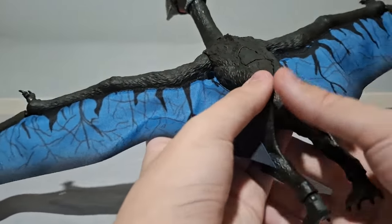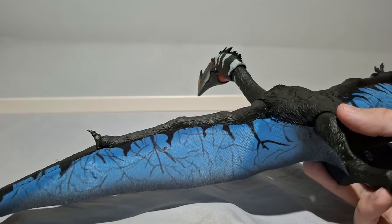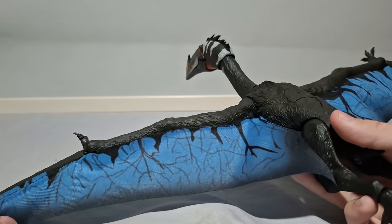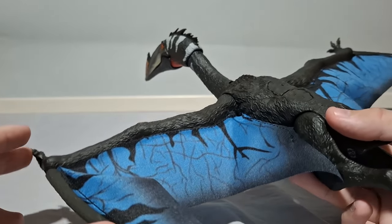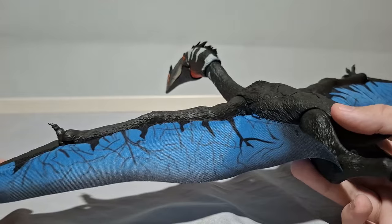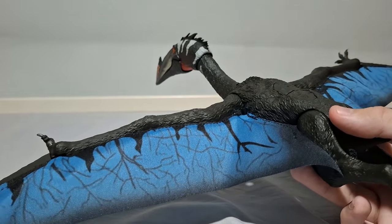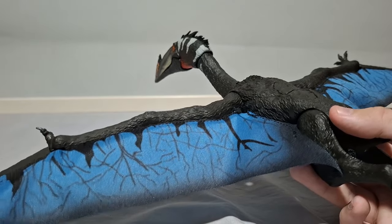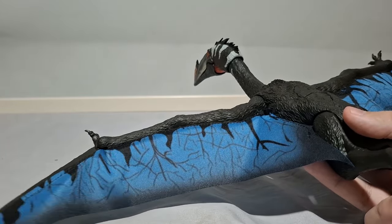And the third play feature is more of a 2-part, and this, I think, makes this the best pterosaur figure in the Jurassic franchise. Hell, I think this is even better than the Hammond Collection and the Amber Collection pterosaurs. I know a lot of people are gonna be mad at me for that, but